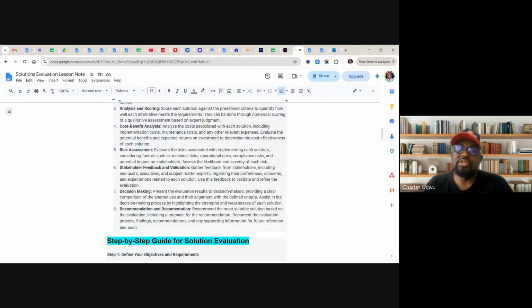Present the evaluation results to decision makers, providing clear comparison on the alternatives and their alignment with the defined criteria. Assist in decision-making process by highlighting the strengths and weaknesses of each solution. So while writing reports, you need to make